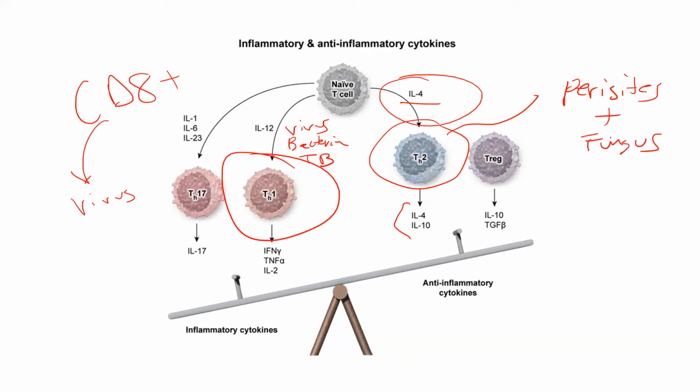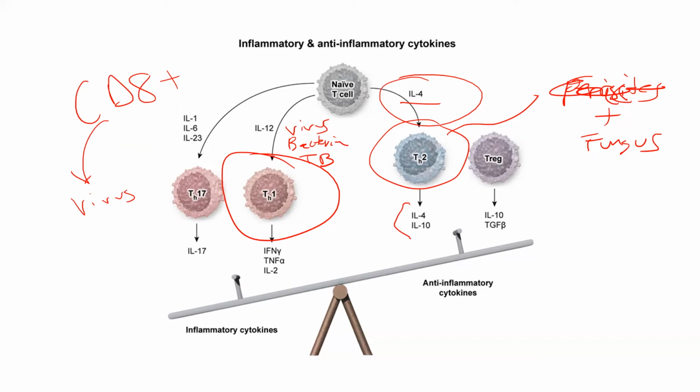And that is where we are going to be communicating to our other cells. I totally misspelled parasites, whatever, you get the memo. I never spell right while I'm talking. So Th2 on the other hand are the cells that will communicate the appropriate coordinated response against those parasites and